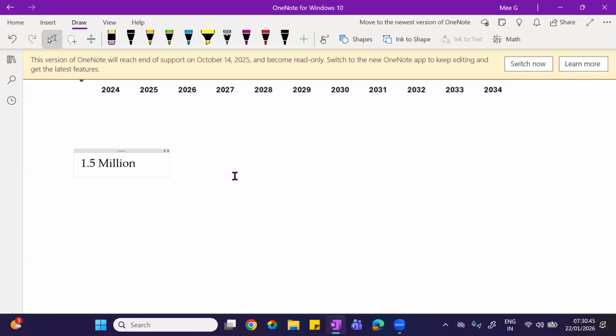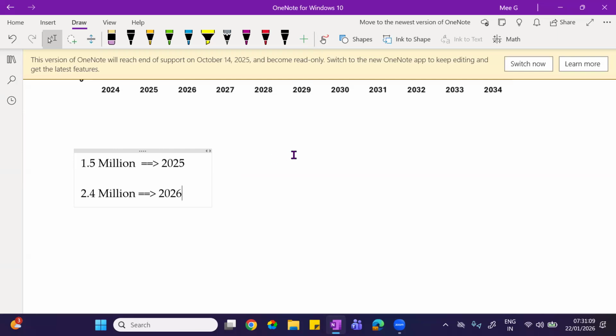And when it comes to 2026, they say that 2.4 million new jobs will be generated. This is across the world.